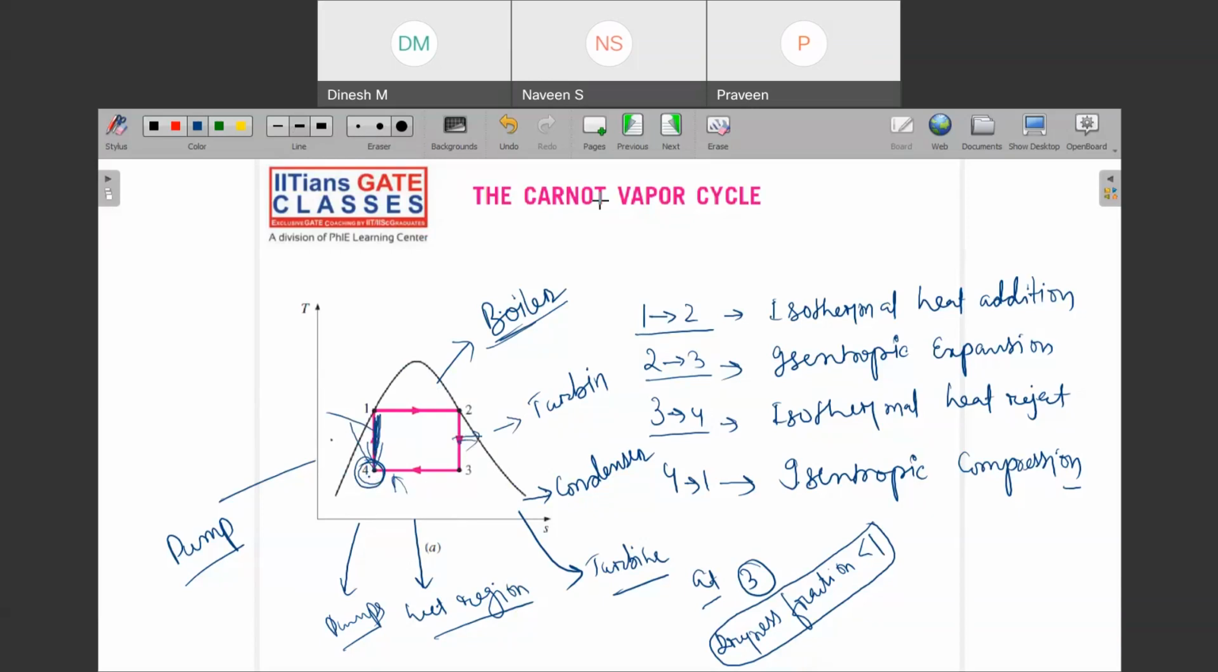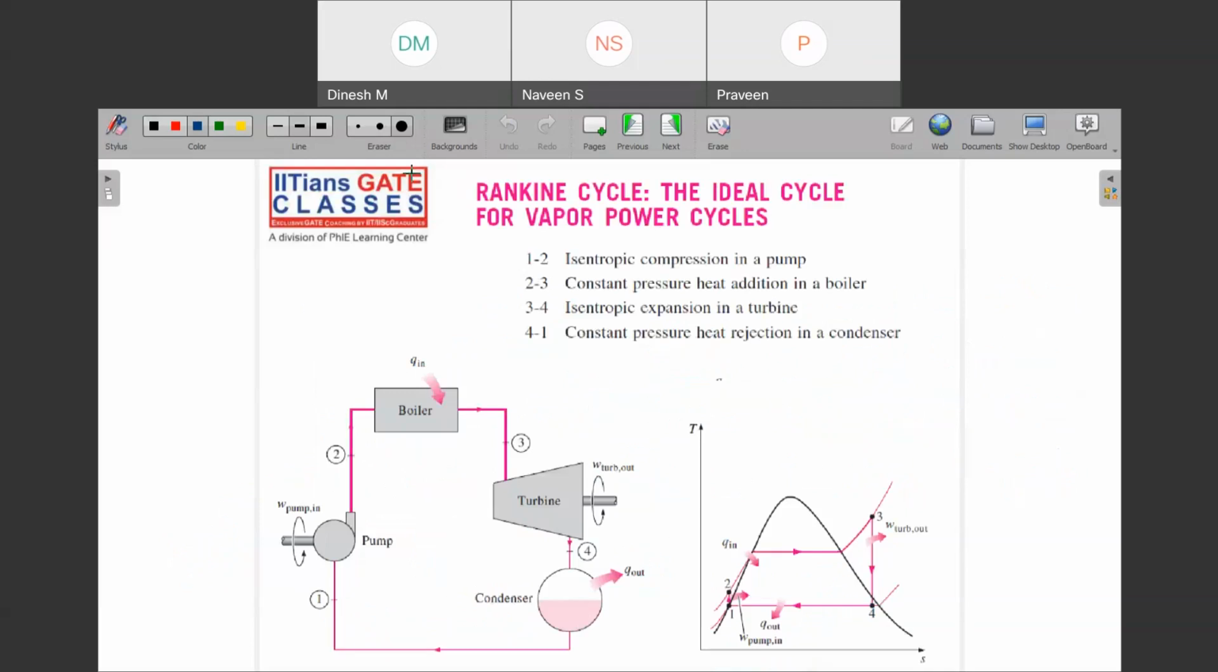Okay, so then if you are not working on that cycle, then sir, tell me what is the cycle which is ideal for vapor power cycle? So that is Rankine cycle. So Rankine cycle,